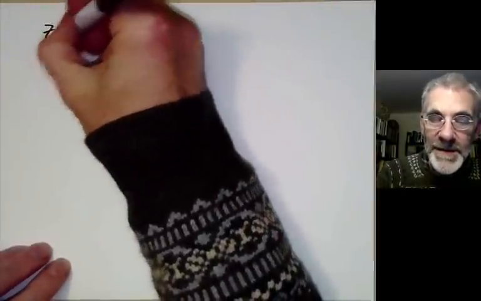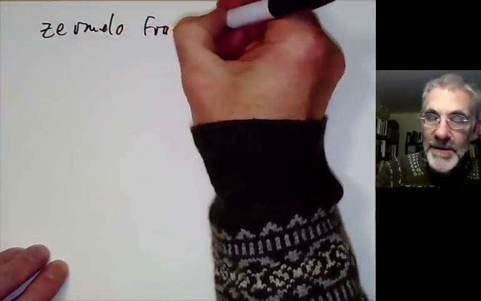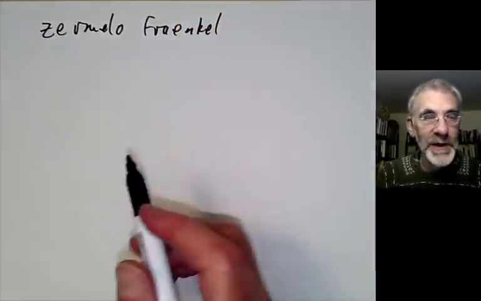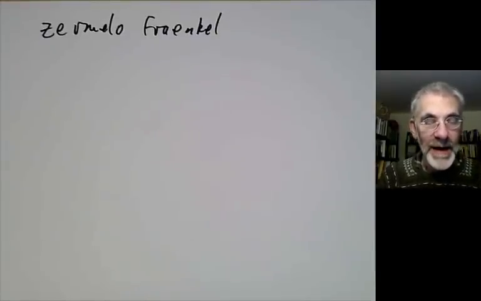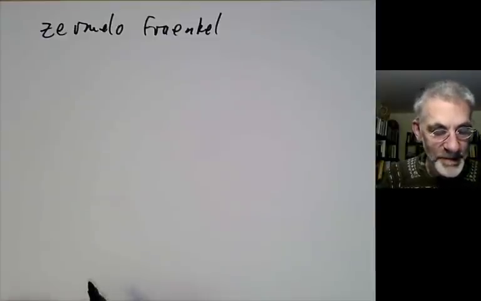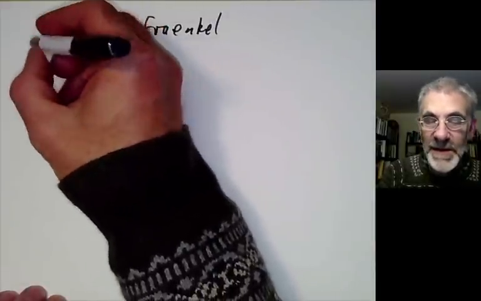This is the first of a series of lectures on the Zermelo Fraenkel axioms of set theory. So this will be the first introductory talk on the axioms, where I'll just give a sort of informal overview of them, and in later lectures I'll be going through the axioms in a bit more detail. And so first of all, I'll just state the axioms, again a little bit informally.